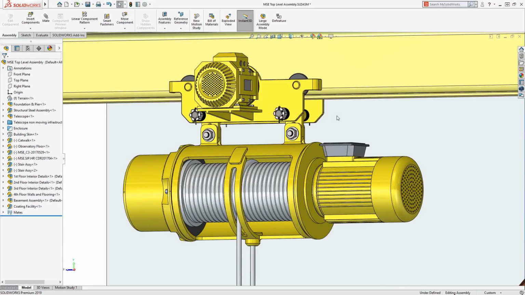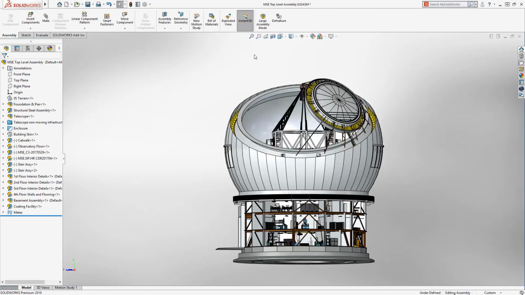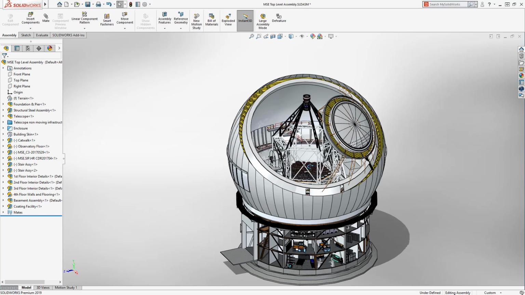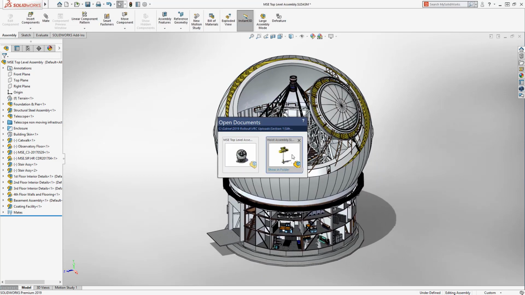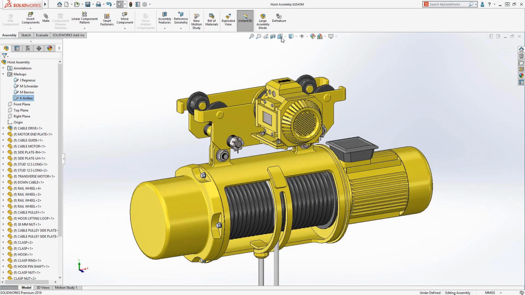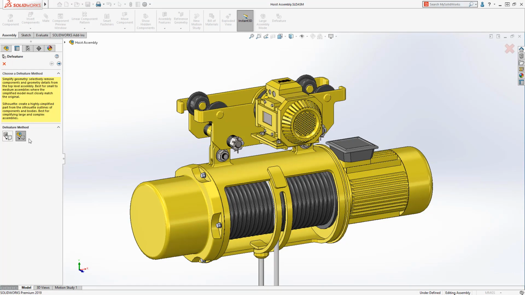Creating highly detailed production-ready components is something SOLIDWORKS excels at, but not all of this detail is required in higher-level assemblies. The Defeature tool provides the capability to massively remove unnecessary detail, to improve large assembly performance, or to protect intellectual property. SOLIDWORKS 2019 introduces a new silhouette option to help simplify an assembly based on the outlines of components